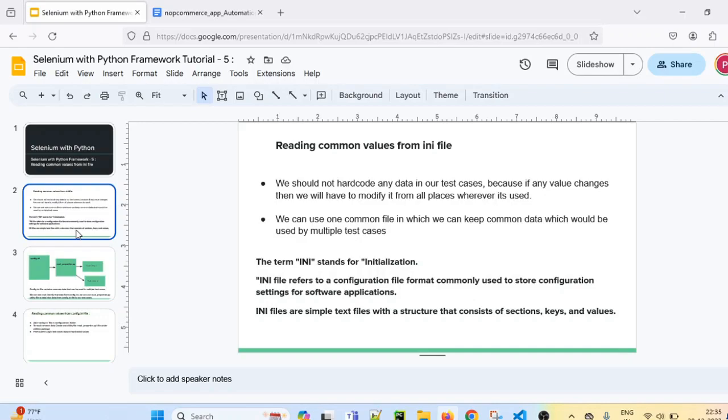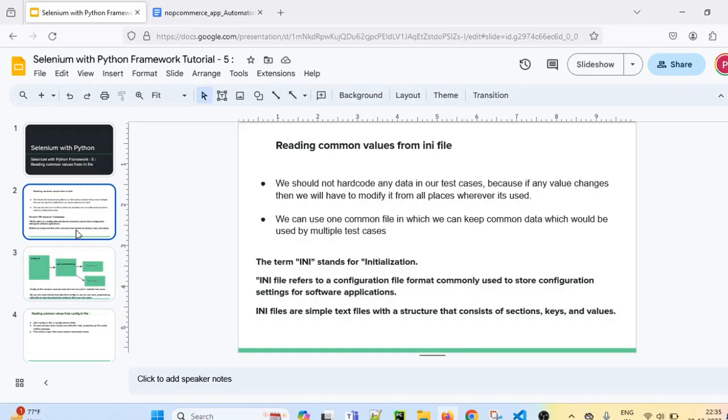We should not hard code any data in our test cases because if any value changes, then we will have to modify it from all the places wherever it is used. So we have to use one common file in which we will keep those common data which would be used by multiple test cases. So that data we will place in initialization file, that is INI file.